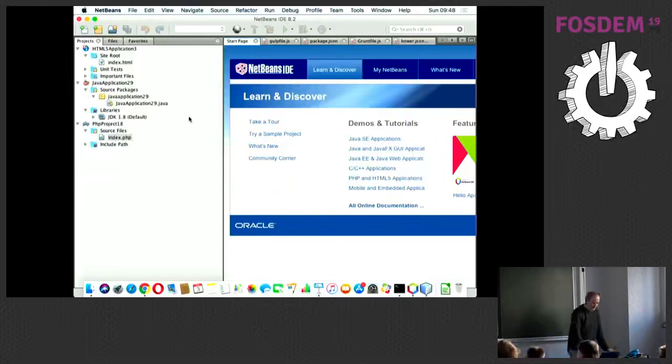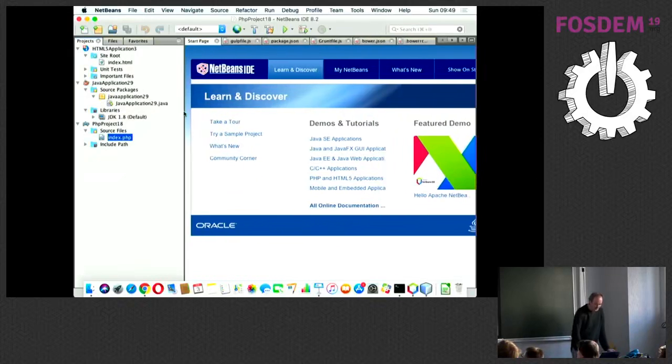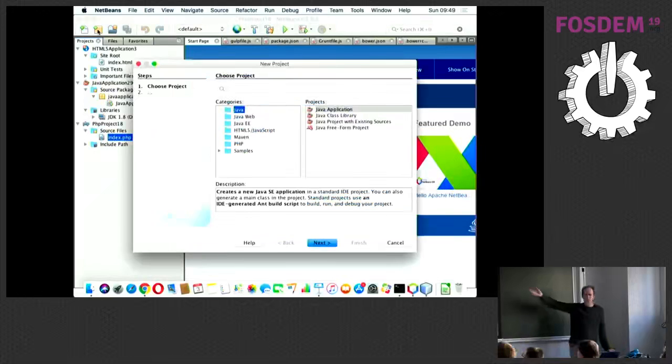But this is what NetBeans looked like in the last release by Oracle. And a discussion, I mean, it seems trivial, but a discussion that we've had for a long time is, look at this new project dialog. Somebody creates their first Java application. Imagine you creating your first Java application. So NetBeans is often used at schools and universities and so on. People learning Java for the first time. They create a new Java application. Without knowing it, they have created an Ant-based application.